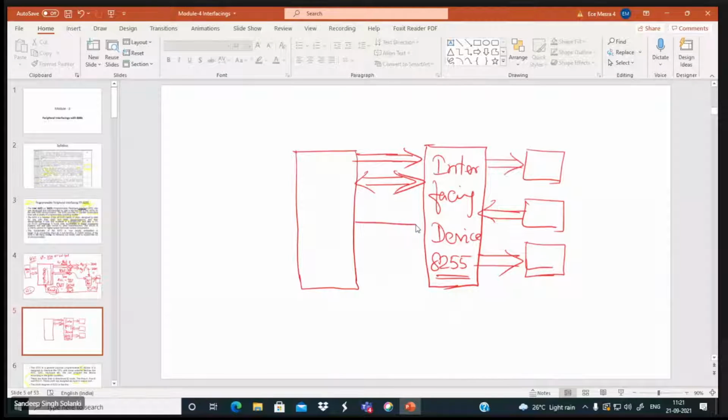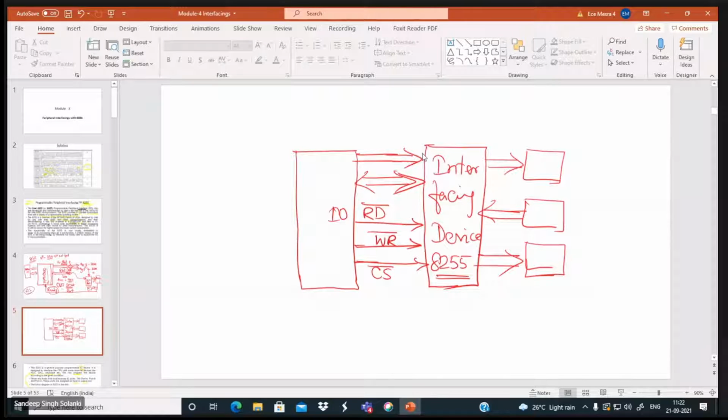Along with that, it also receives the control signals. The controls are read and write, but for your information, they are along with IO: IO read, IO write, and there is one chip select also.